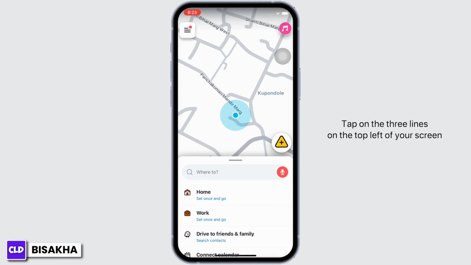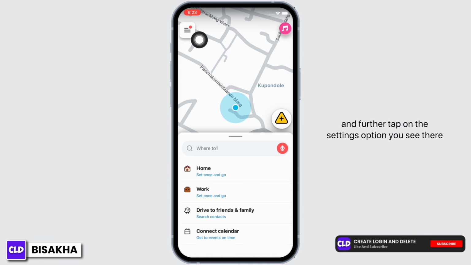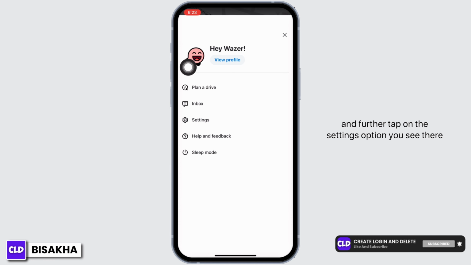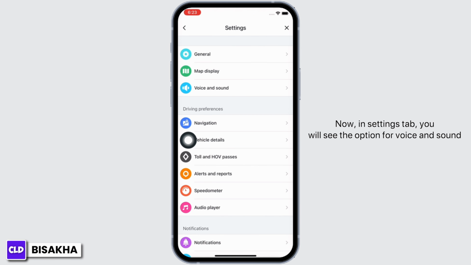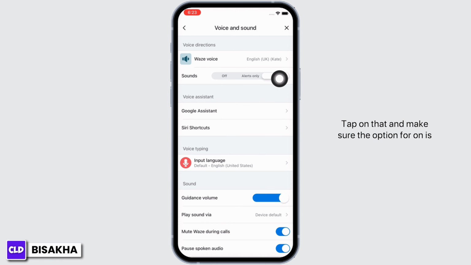Tap on the three lines on the top left of your screen and further tap on the settings option you see there. Now, in Settings tab, you will see the option for voice and sound. Tap on that and make sure the option for on is selected in here, and with this, your voice will